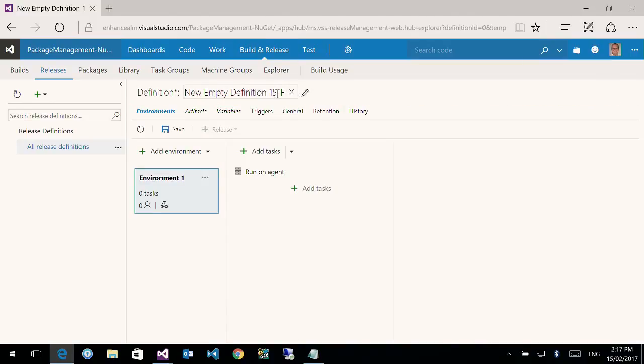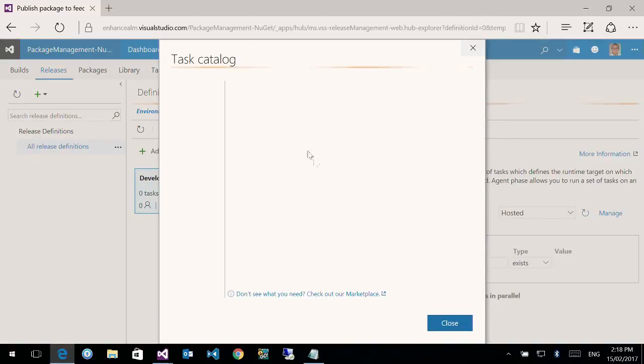I'm going to name that release, and I'm going to call that publish package to feed. Not very descriptive, really. Well, actually, no, you could argue that it is. So I'll work with that particular name. I'll name my first environment development, and the only task we really need here is going to be that